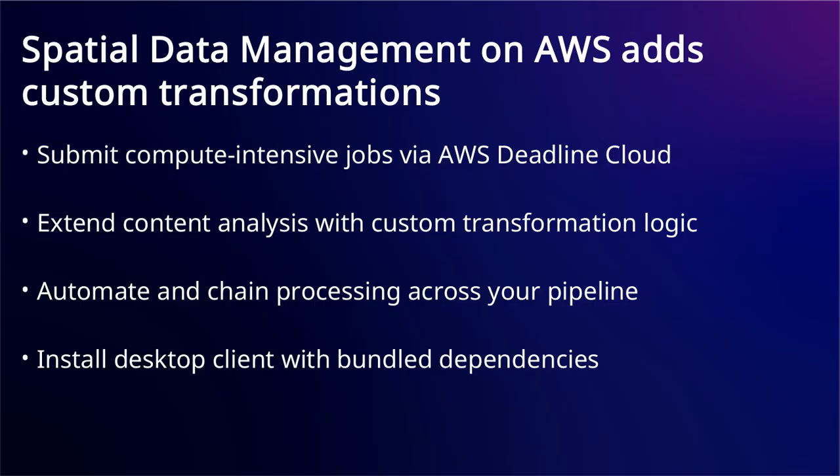Managing spatial data requires running compute-intensive transformations like format conversion, 3D rendering, and image tiling, but these operations need dedicated resources and integration with your existing asset pipeline. You can now submit custom transformation jobs to AWS Deadline Cloud using open job description templates, letting you offload processing